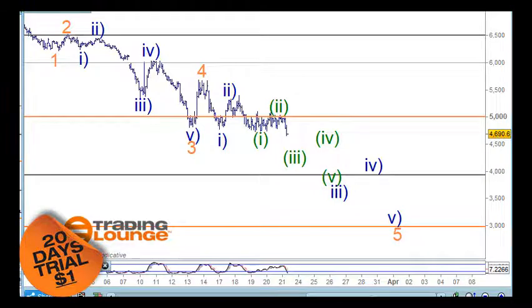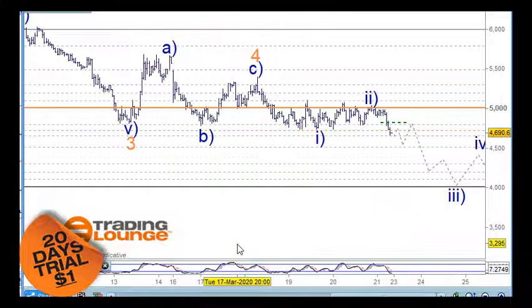So we could draw this out. 3, probably something like this here, and then, yeah, and so on at that point. So you can just see that there's more to go here at this stage. Probably bring us down to the 350 sort of area here. So anyway, that's one way of looking at it, this wave 4. The other way to look at this is